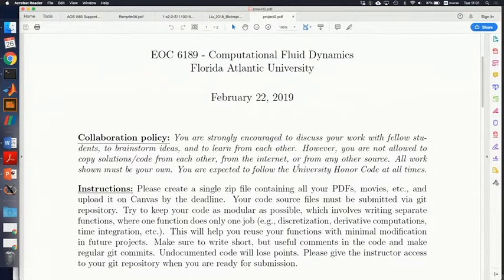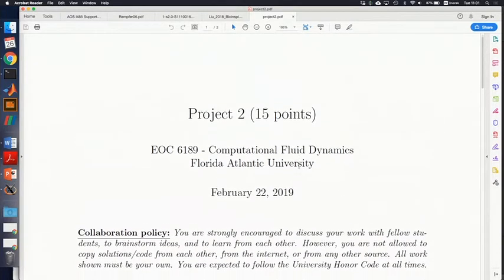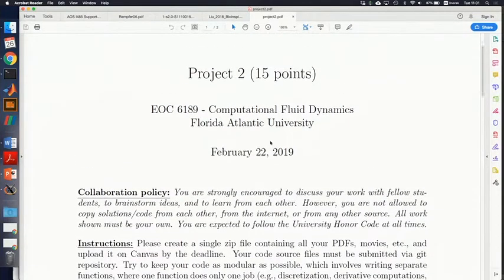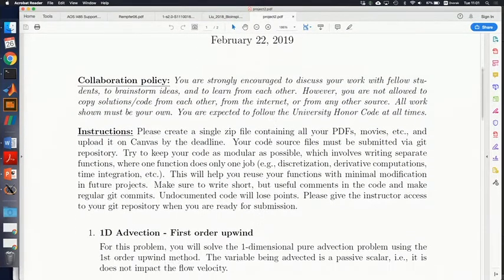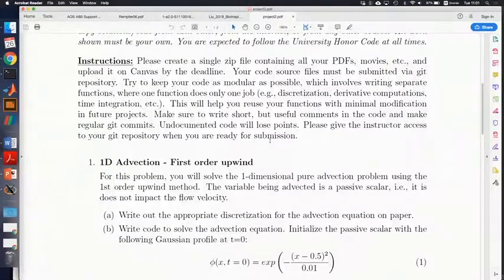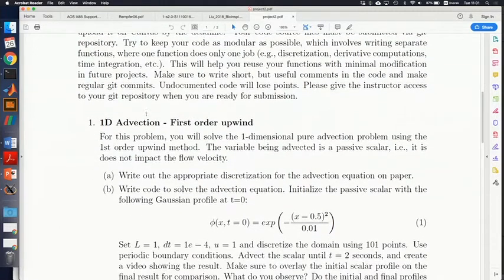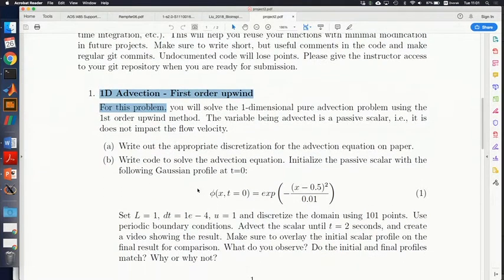Okay, we can start. So, the next assignment is up, and it's due soon. I put it up sometime last week, and it should be due next Tuesday or Thursday, I forget. This is basically one-dimensional advection, where you will use an upwind discretization in space, and you will just advect a very simple Gaussian profile.